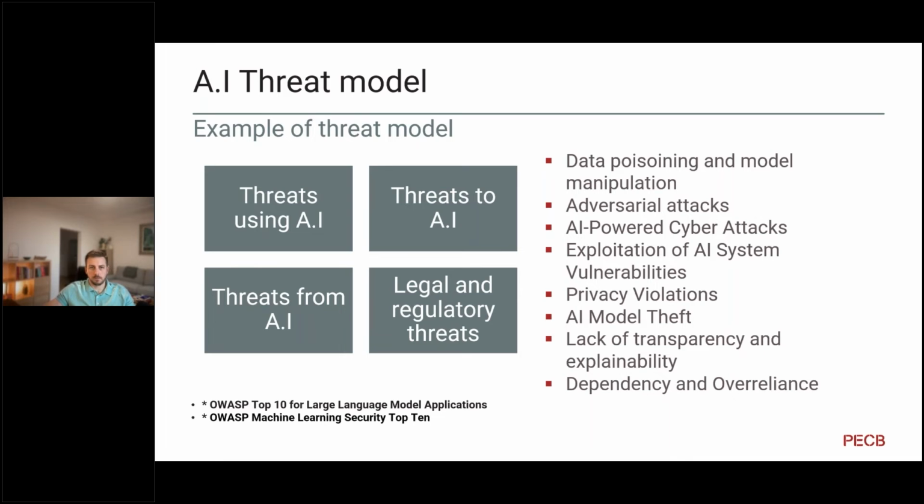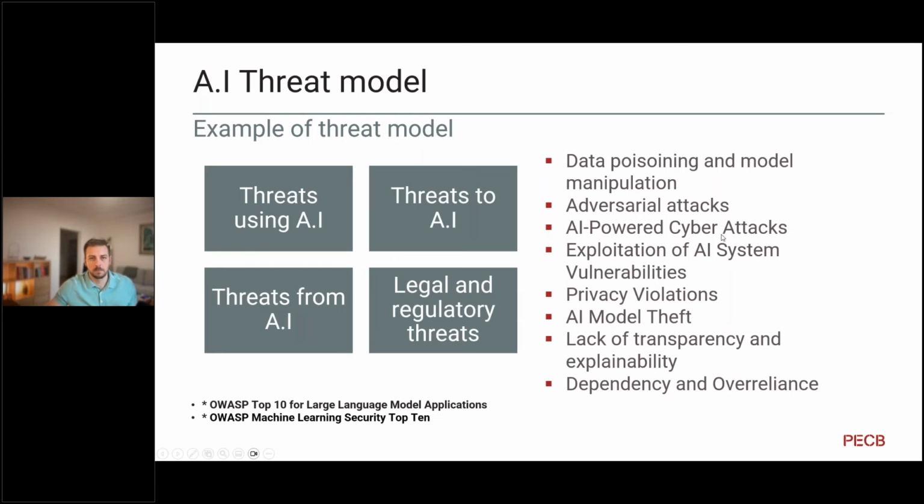The last threat that we can think about, and of course you have to tailor this to your own context, as you can think of a lot of other threats, but we propose this to share with you, is dependency and over-reliance. This is over-dependence on AI systems for critical processes without adequate fallbacks or understanding of the AI decision-making process. The impact is that in the event of AI failure or compromise, there could be significant disruption to essential services and operations.